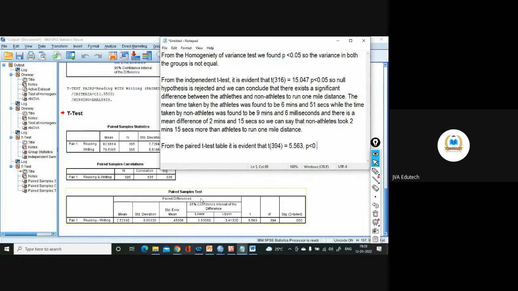Actually, you have to see this one. This is the correlation. Even the correlation is coming to be 10.5% and significant. You have to see this one, 0.000. P is less than 0.05.